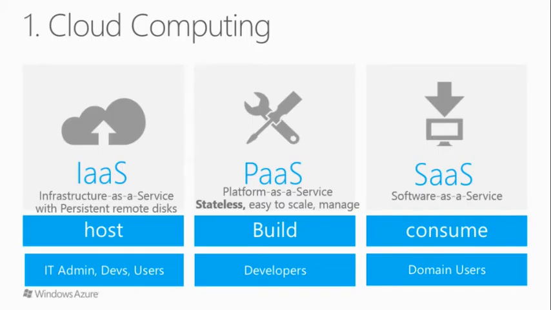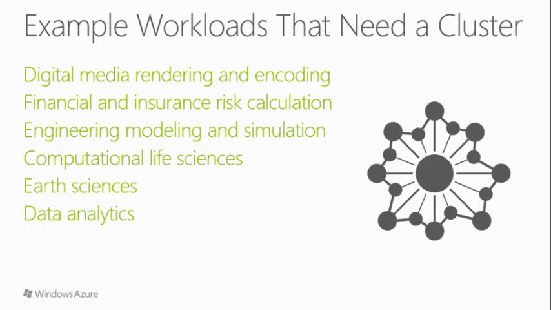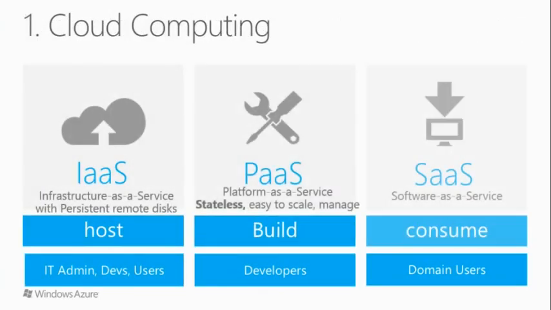The third one is software as a service, which is very easy to use. This is something that someone has built for you, or a developer has built for you, and we have an example of that. It's mostly targeting domain users. So you're simply consuming a service, such as your email service, very simply put. And what's important here, it's targeted towards domain users. For people who are not developers, who are not IT administrators, software as a service is what you really want to do.